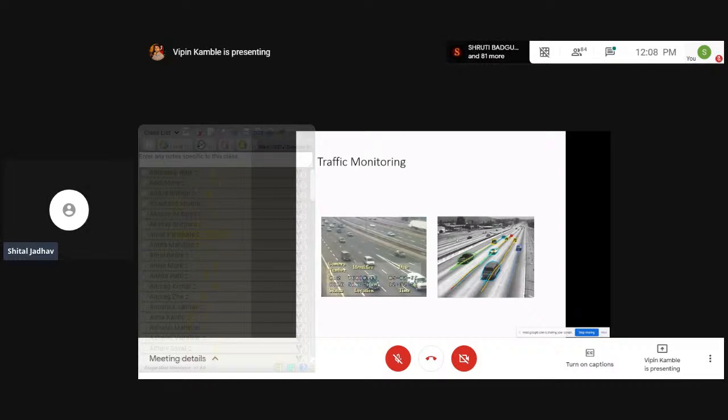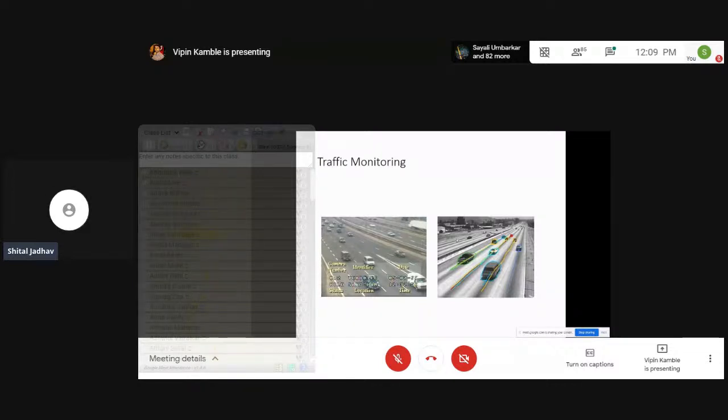Like if at the signal, the traffic is very high from a particular side, the timer for that side can be set higher compared to the other side, so as to remove the congestion. So there are dedicated software for that. But basic